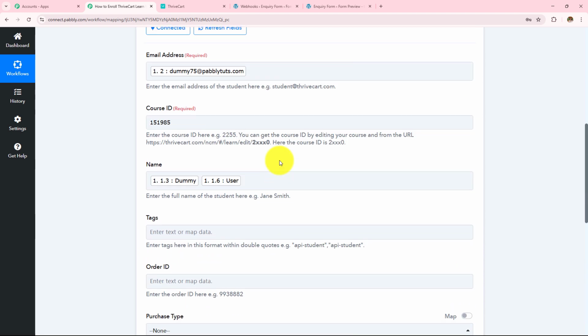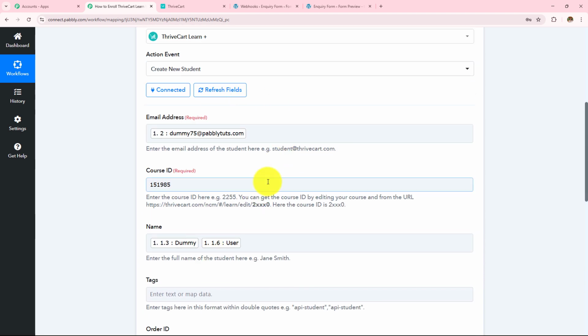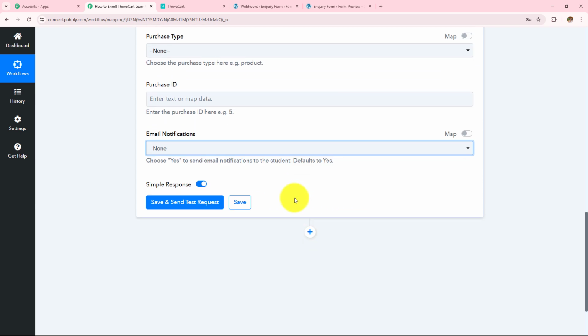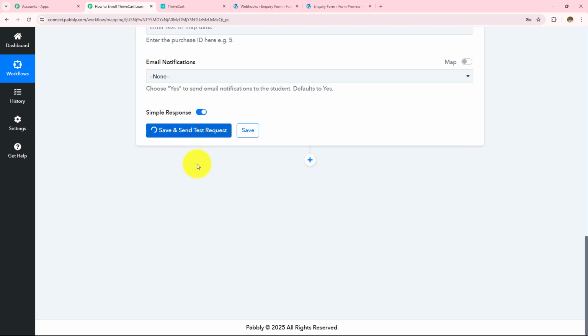Now over here, mapping is important so that every time you receive a new response, it is taken into consideration in these fields. Manually entering the data will make these fields static and the information will not change even if you have received the new response. Over here, if I manually enter any detail, this field will become static and every time I receive a new response, the result will not change. So as to keep these fields dynamic, we use this process mapping instead of manually entering the details. Now that I've entered all these details, I'm simply going to click on the Save and Send Test Request.